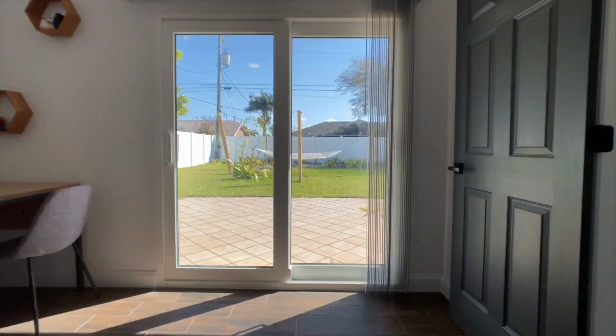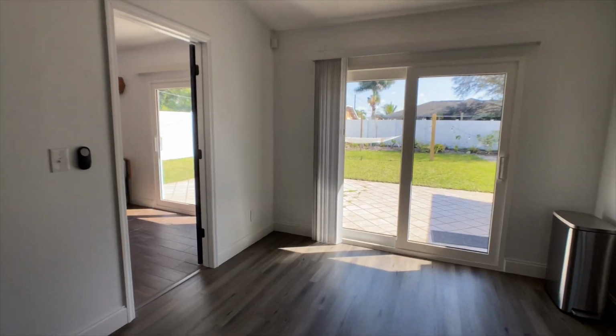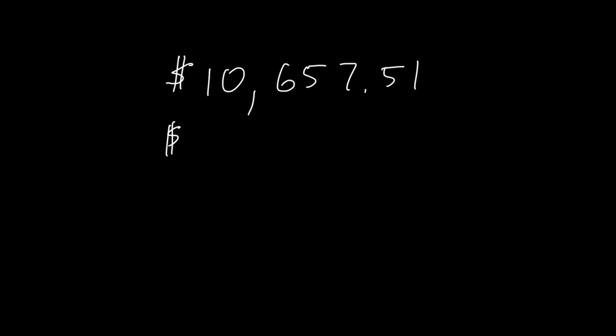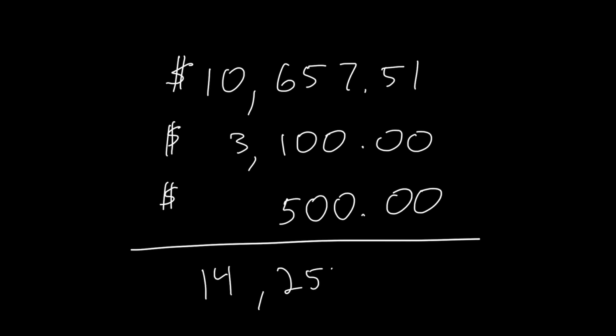So as promised, I can go over the cost real quick. And this project actually doesn't have that many line items. The total cost for the windows and sliding doors themselves was $10,657.51. I paid $3,100 for the install, and then the surprise with the mold and the wood replacement was another $500. So this is a total of